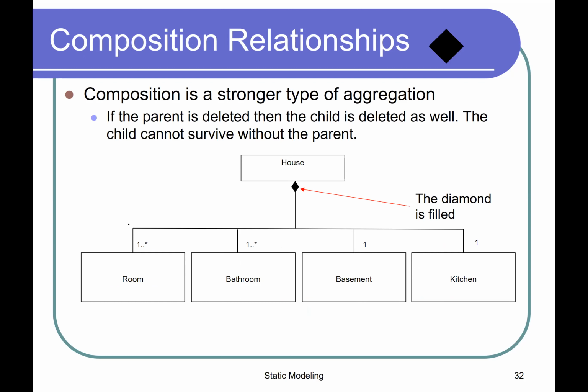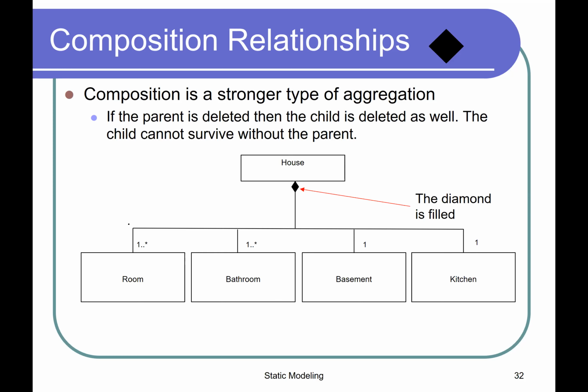And if I'm reading this example, I'm saying a room is a part of the house, and the bathroom is part of the house, and the basement is part of the house, and the kitchen is part of the house. All right. The notation, as you can see, is the same diamond as we saw in aggregation, except it is filled. So you can see it's black, and that's kind of to denote that it's a stronger type